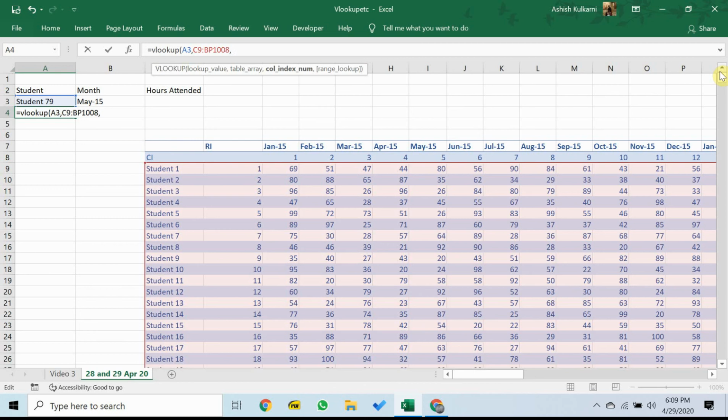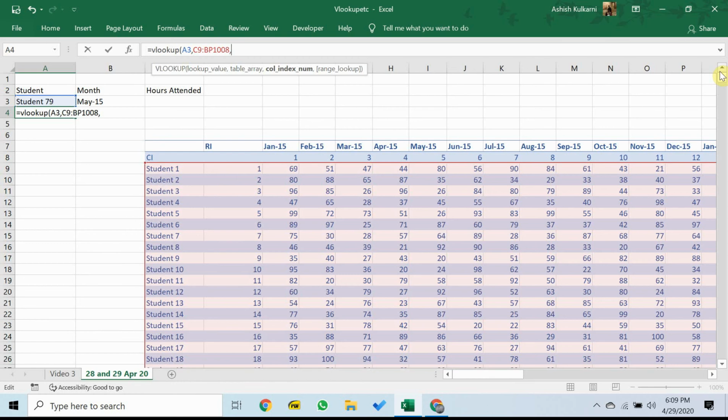Now, one limitation of the VLOOKUP formula is that VLOOKUP will look for whatever it is that you've asked it to search only in the first column of the red rectangle. So for whatever reasons, Excel says, all right, cool, I look for whatever is written in cell A3 in that big red rectangle, but within the big red rectangle, I will search for it only in the first column.